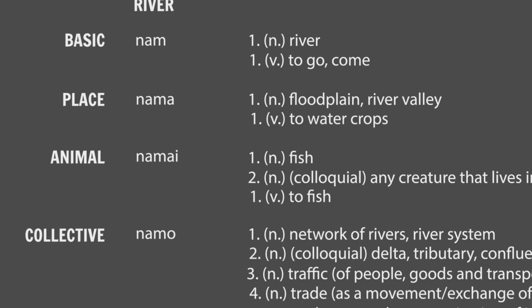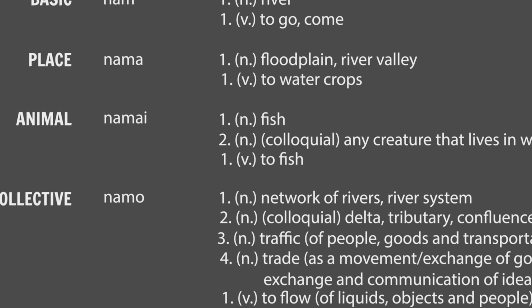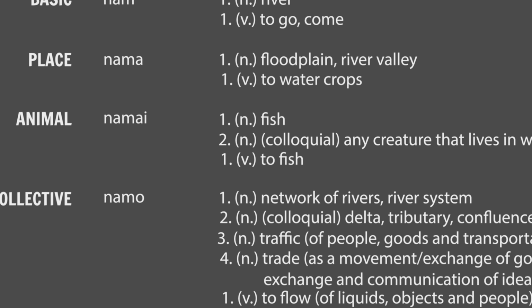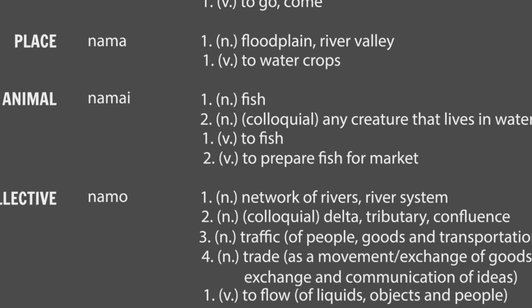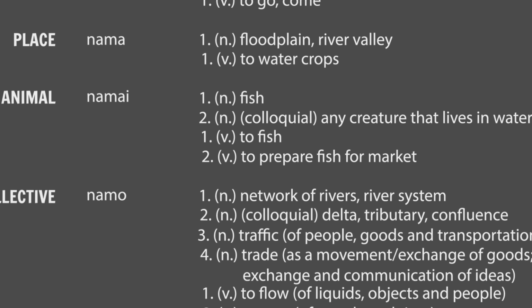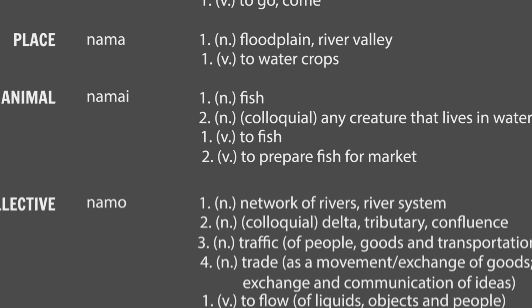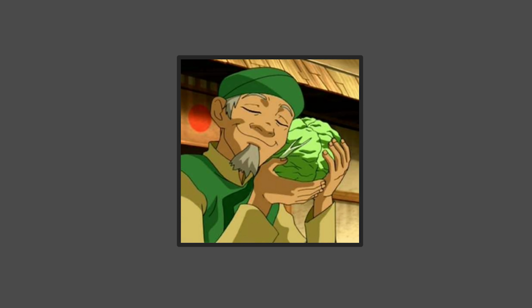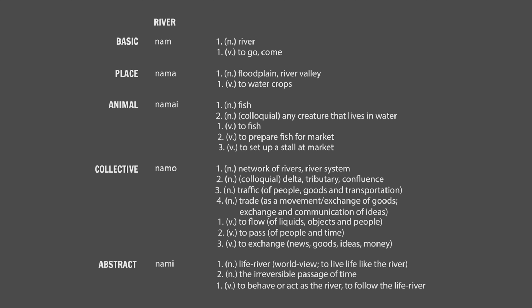With namai, it's tempting to use the English meaning of to fish, as in he fished for his ID. But let's think outside the box. Perhaps to fish, or to namai, could mean to prep your fish stall for market. Kinda like to fish up, if you will. And, by extension, it could have morphed into setting up any stall at any market. The cabbage vendor fishes up, namais, for the veg market. And the rest are pretty much just straight verbal versions of their respective nouns.